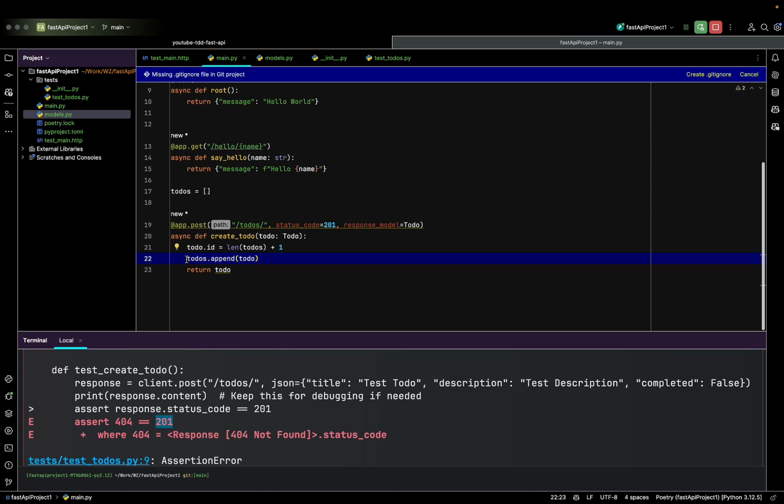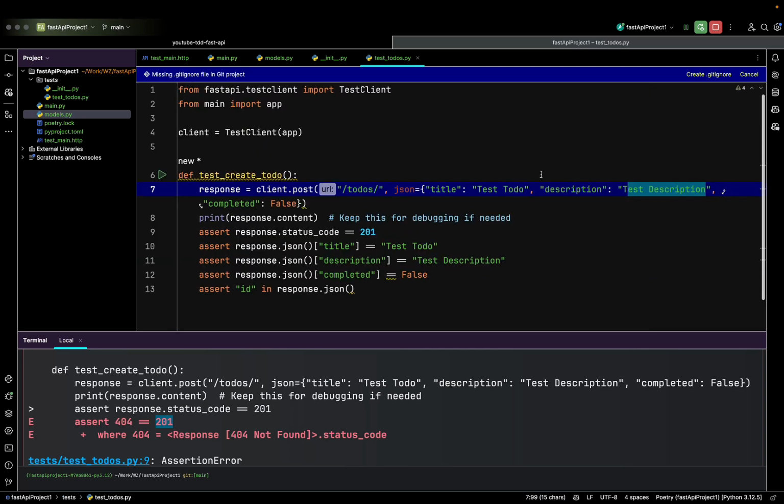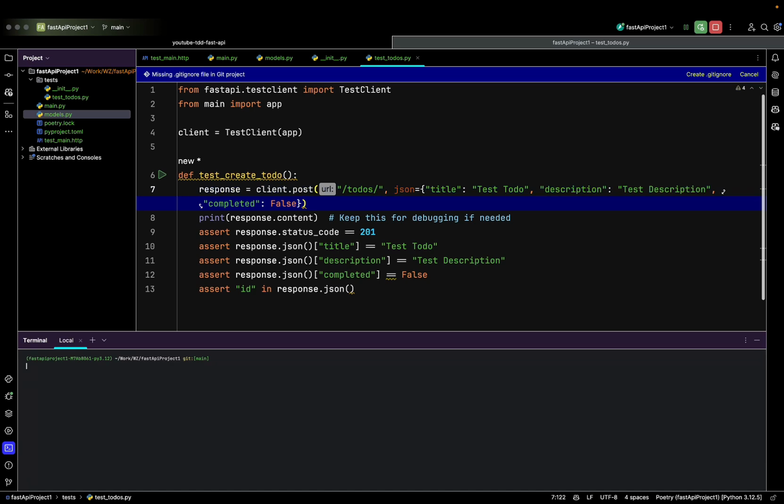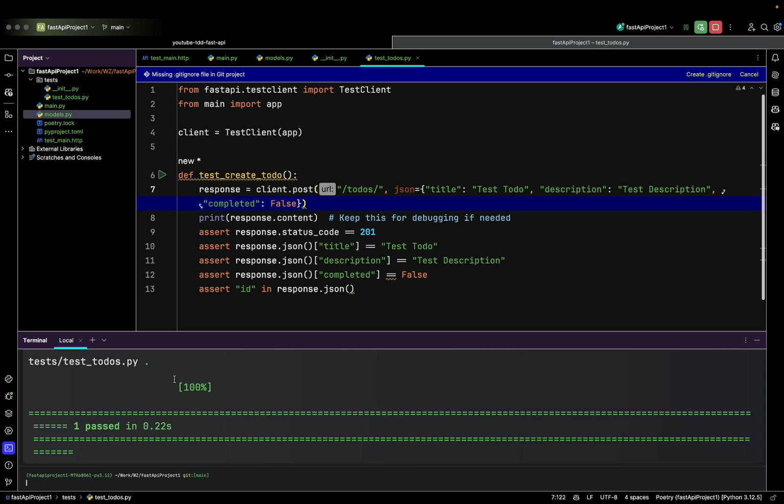So in our test case, we have a payload with the title test to do and the description test description. So let's try to run the pytest command again. We run poetry run pytest. What this command does is, again, it runs all the tests that are inside the tests folder, which in this case is creating a to-do and testing it. Okay, now we can see it has passed, which is interesting because now we have actually implemented the logic to